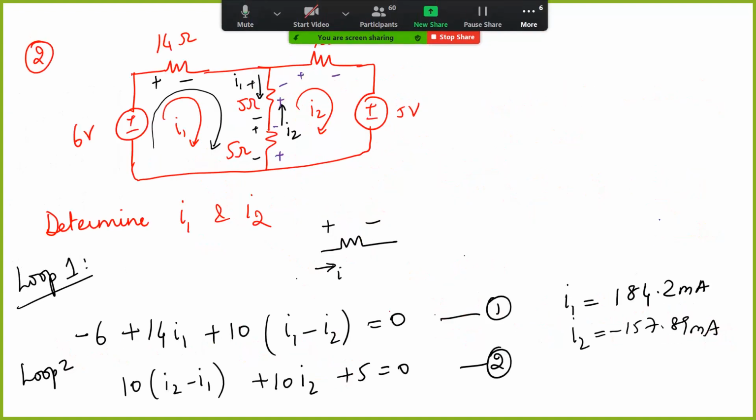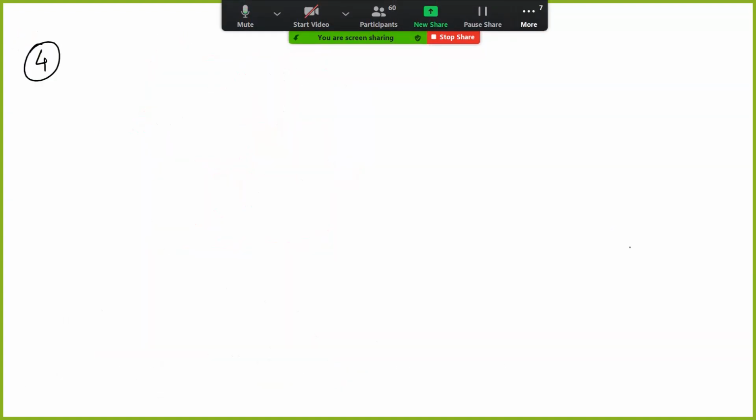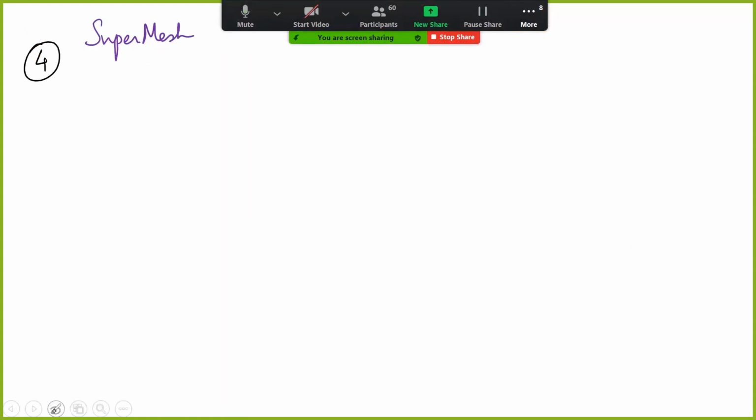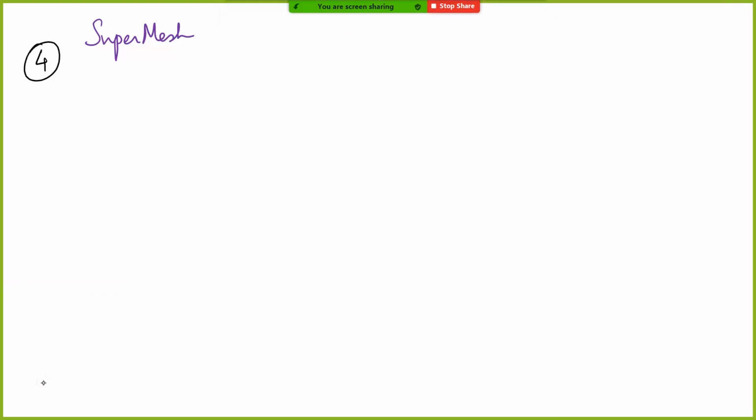So you combine the two nodal equations and you find the solution, and that is the easier job. Now a similar situation happens in mesh analysis also, what is called a super mesh, right? I hope all of you are familiar with super mesh. Yes? Okay. So analogously, what is a super mesh? Sir, when in a branch there is a current source. Correct. So when in a branch you have a current source and you need to figure out how to,